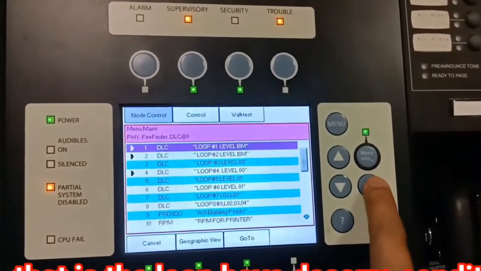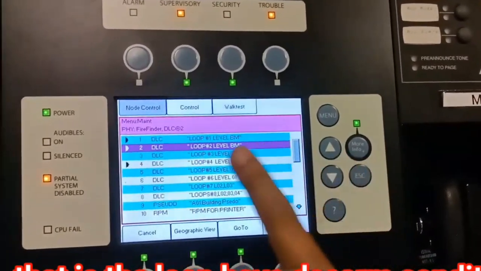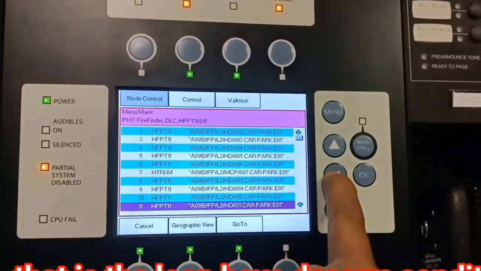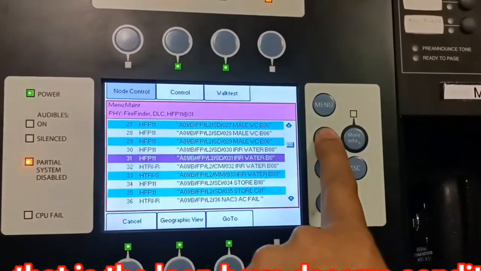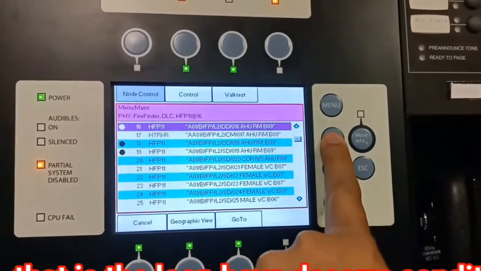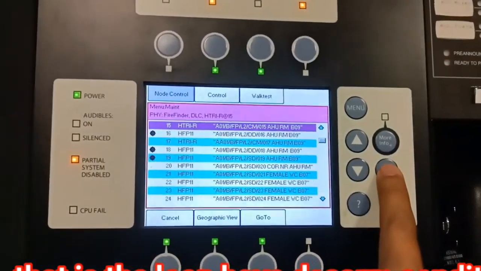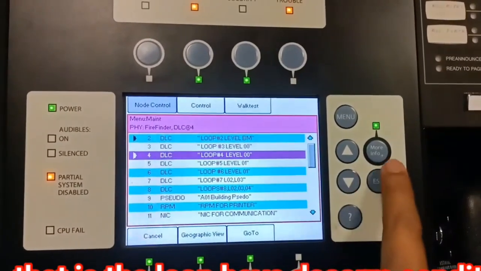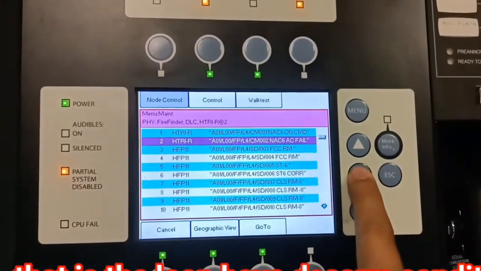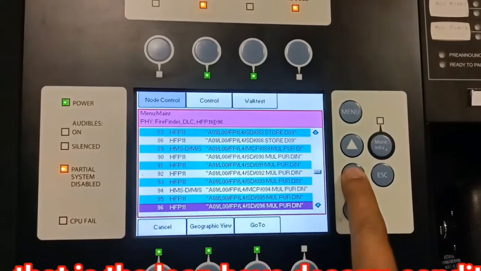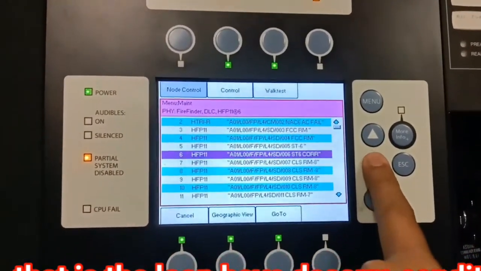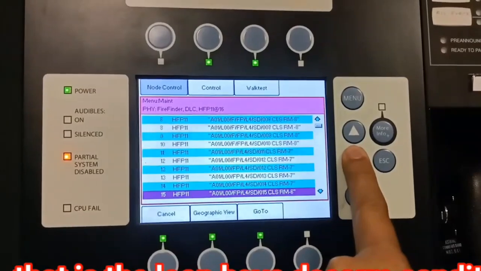Okay, skip, you go back to loop 2, more info, check, there 3, I think 3 also, 3 device, then skip, go back to loop 4, more info, check, so they have more device isolated in loop 4. Okay,